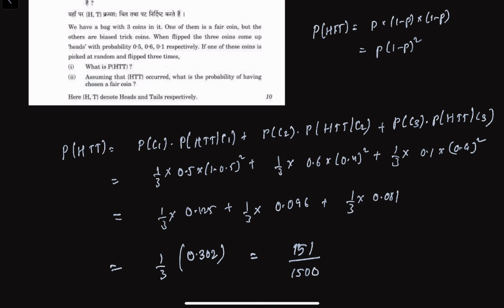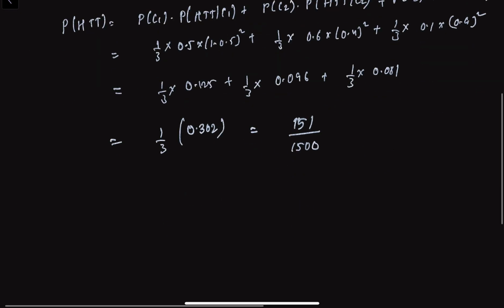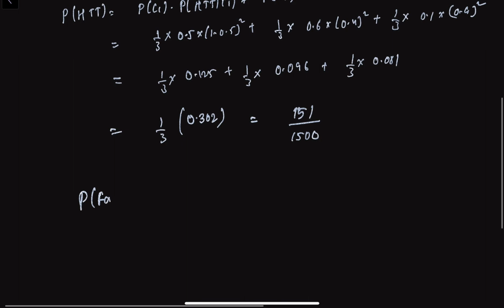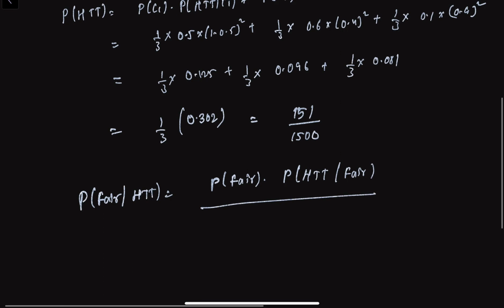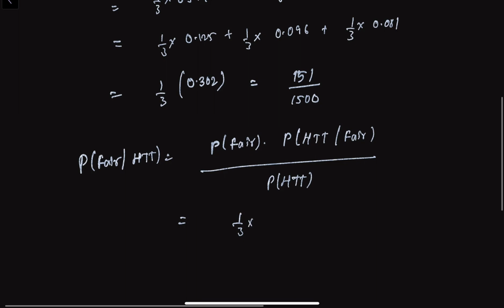So now assuming that head, tail, tail occurred, we need to find the probability of having chosen a fair coin. So probability of fair coin given head, tail, tail. So by using Bayes rule, that will just be probability of fair coin into probability of head, tail, tail given it's a fair coin, divided by probability of head, tail, tail. So that is nothing but 1 by 3 into probability of head, tail, tail given fair coin. So that is from coin 1. So basically they are asking coin C1. So that is nothing but probability of head, tail, tail given C1, which is 0.5 into 0.5 whole square, divided by